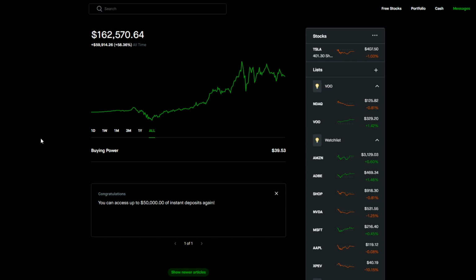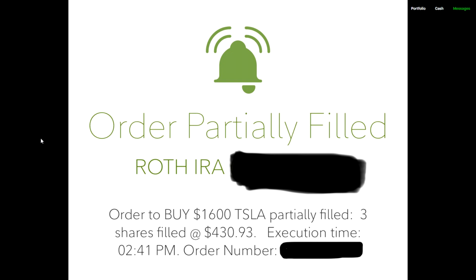Now that I've addressed all of that, I'll go ahead and throw up an image on the screen of my purchase. This is the first part of the purchase receipt. It separated it into 2 receipts because I bought one which was a fractional share, and then I bought other shares as well on top of that. So like I said, I spent $1,600 in total, but the first one says, order to buy $1,600 of Tesla partially filled, 3 shares filled at a price of $430.93 per share, and this was filled at 2:41